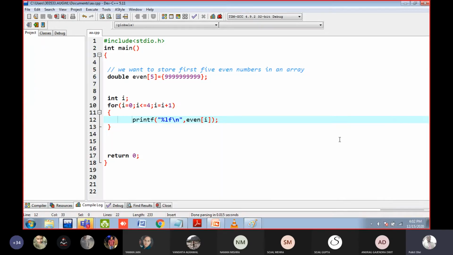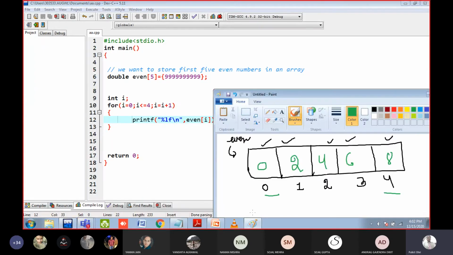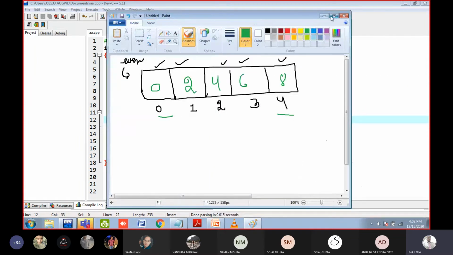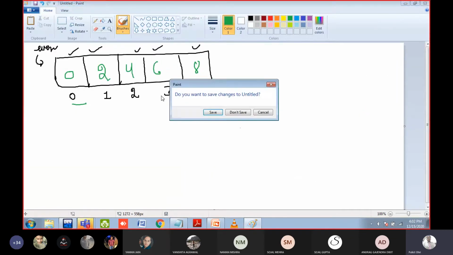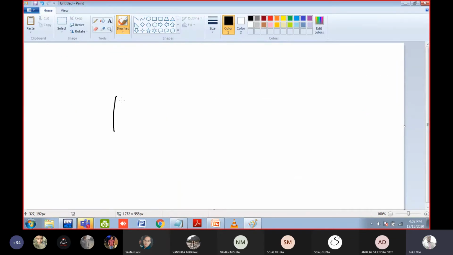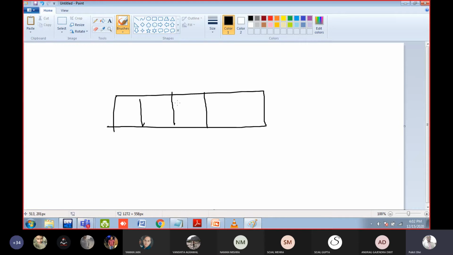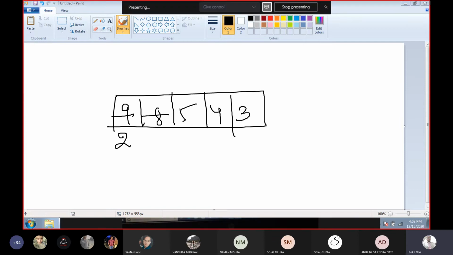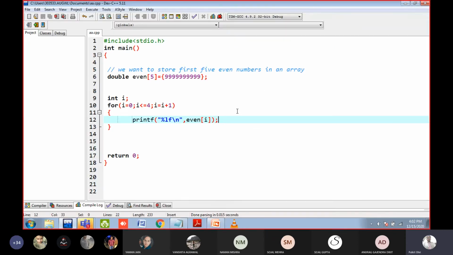Why? What happens is the data will overflow. Let us suppose integer size is only this. It can store only 5 digits. Okay. You are storing the number 9 8 5 4 3. Then the next number will come here like this. Some overflow will happen. So you will get a wrong answer. So I think you should use the double.